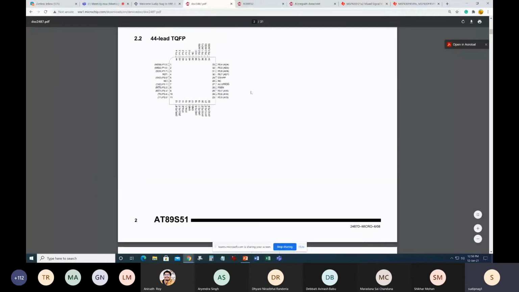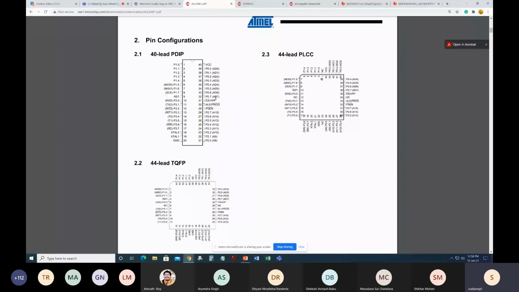You have to consider either A7 to A0, or you consider D7 to D0. Any one at a time. You cannot have both address and data simultaneously. Otherwise, that means there will be a burst condition or short circuit condition. So any one at a time, either data or address, or port 0 functioning as input or output. Okay, assuming I want only address. So in that case,